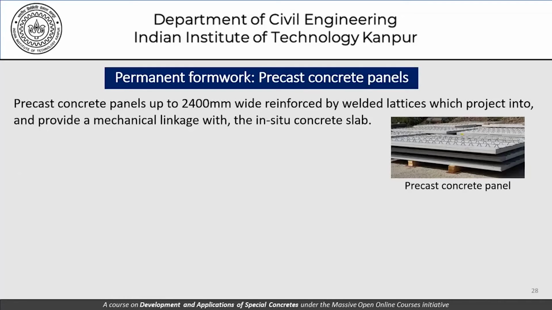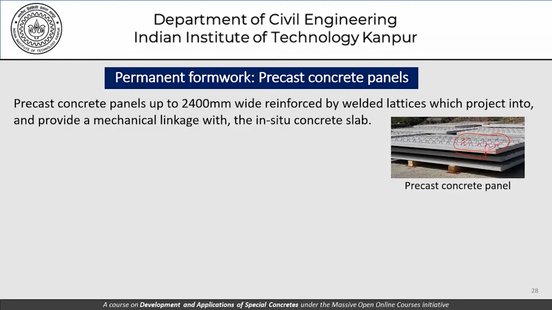Coming to the third type of permanent formwork that we must discuss today is the precast concrete panels. So these precast concrete panels are up to 2.4 meters wide, reinforced with welded lattices which project into and provide a mechanical linkage with the in situ concrete slab. So what's being suggested here is that these slabs will have a certain length and a certain width, the thickness of course is something which you can see from here, and then these are the